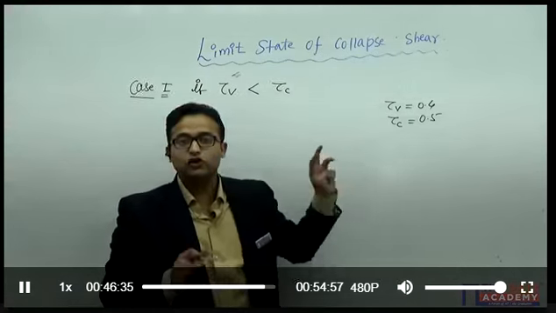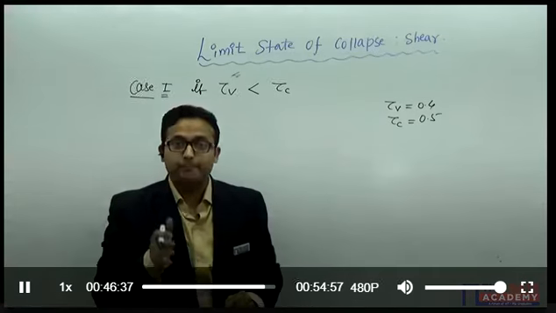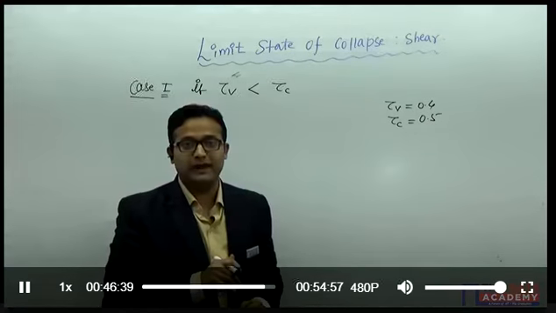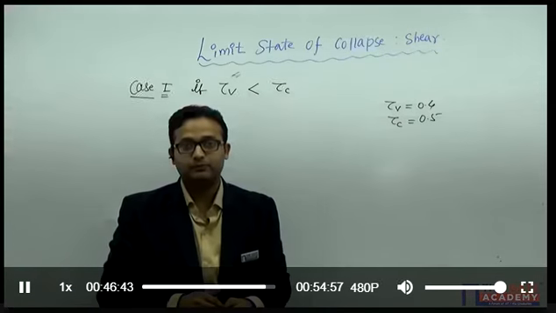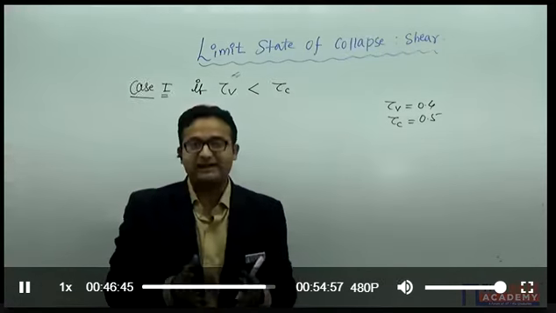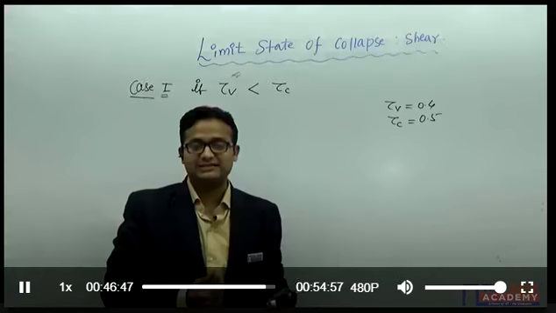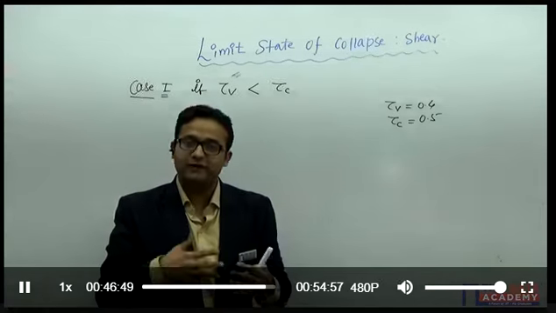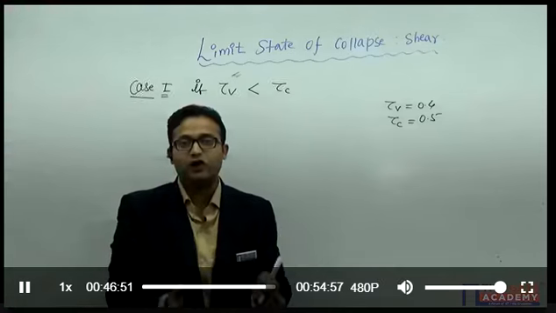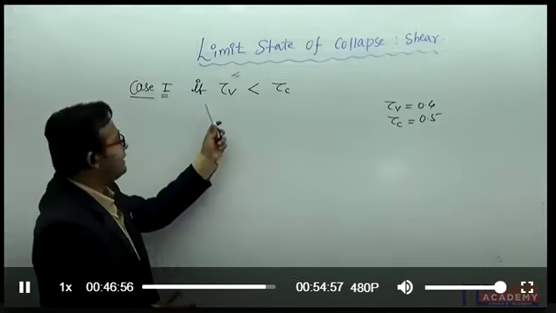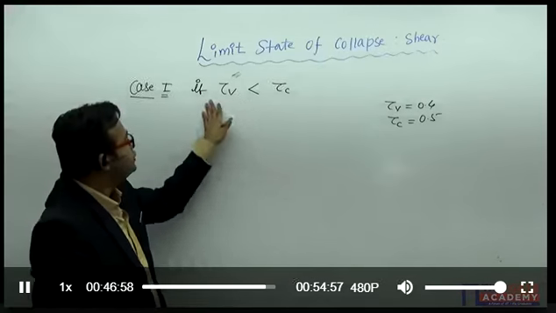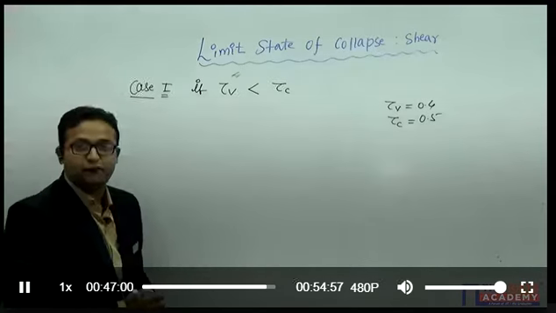So by mechanics, no need to provide the shear stirrups, but we should provide the shear reinforcement because there may be diagonal cracks. So for the minimum ductility also, as we have seen in the last class, we provide the minimum reinforcement. It may be your longitudinal, it may be your shear reinforcement. So here if I am facing this type of condition, I will provide the minimum shear reinforcement.